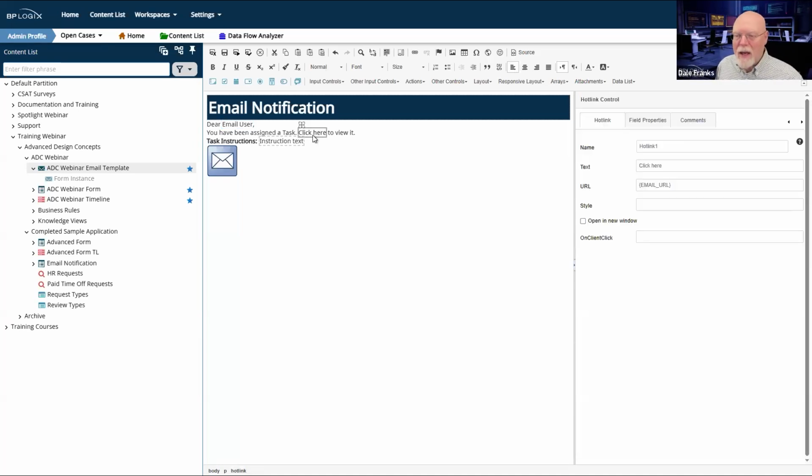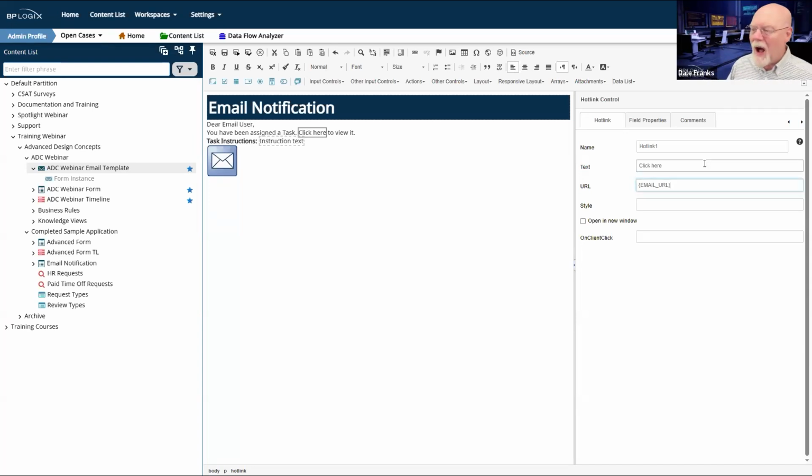Second, there needs to be a link to the form that can be opened in task context from the email. So it can't just be any link to the form, it has to be a task context link. Again, we have a system variable, email_URL, which is the system variable that you want to use to provide a link to the form to open it in the context of the task that has prompted the email. So email URL is always the system variable that you should use to provide the URL.